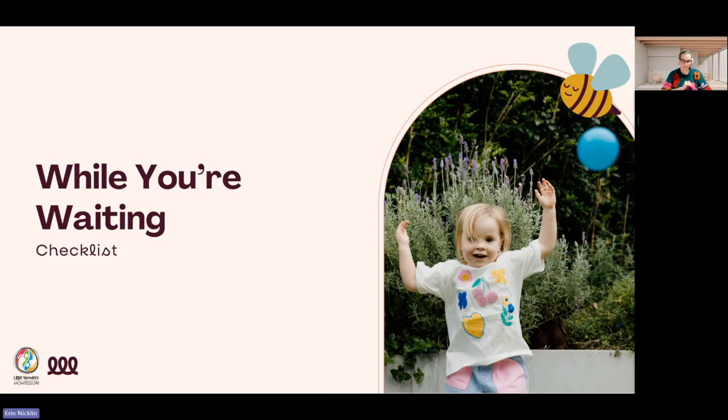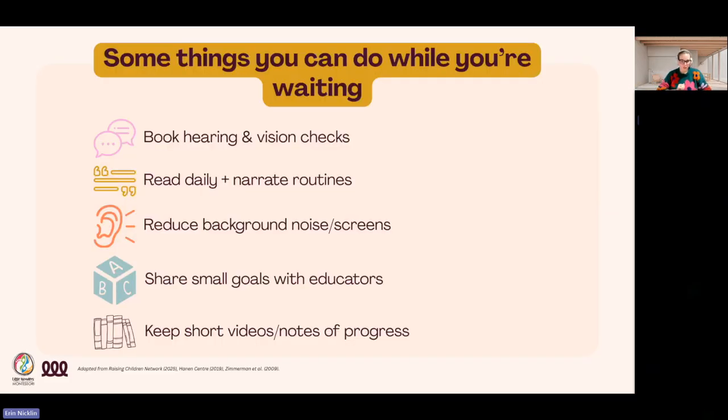While we're waiting, I put together a little bit of a checklist, and I can turn this into a PDF if that would be helpful. But I do want to pause here and say that if you're feeling unsure, there are things that you can be doing while you're waiting to be seen or get support. It's super frustrating sitting on a waiting list, and it's also very frustrating calling 20 different speech pathologists in a day to hear we've got a wait list. So what can we do first?